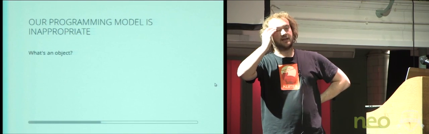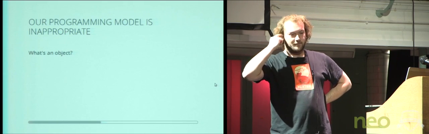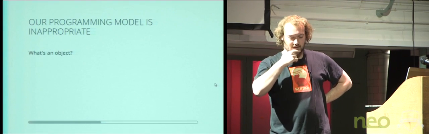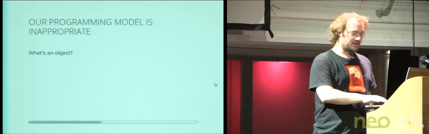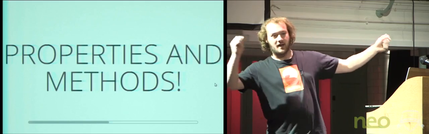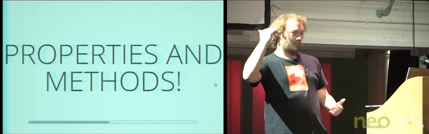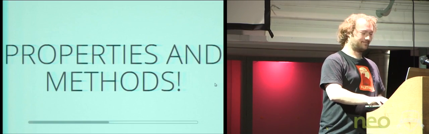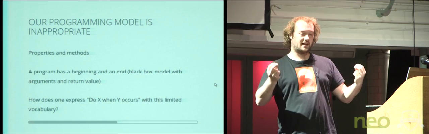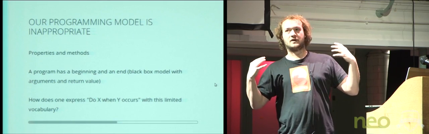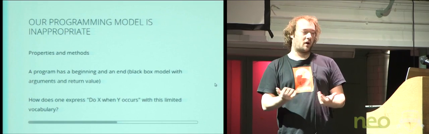What we're being taught at university, and I guess in the literature, is: what is an object? If I ask what an object is, I guess I'm going to get this answer more or less: properties and methods, properties and methods. It's in our brains. And the problem is that properties and methods aren't enough to program things that run in parallel in time.